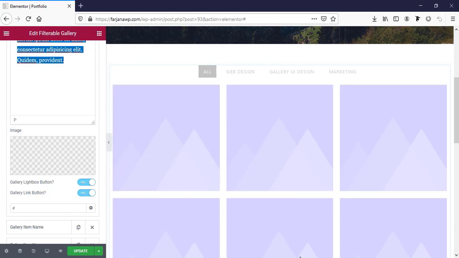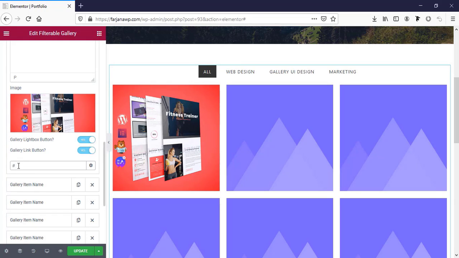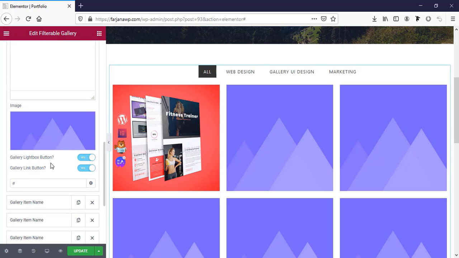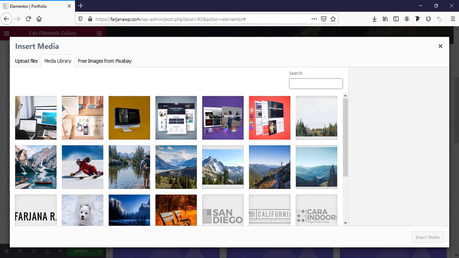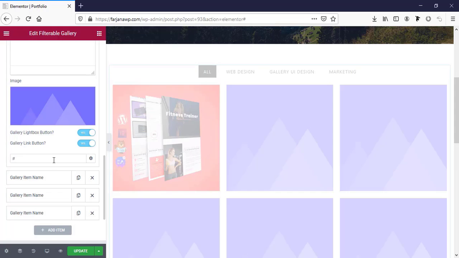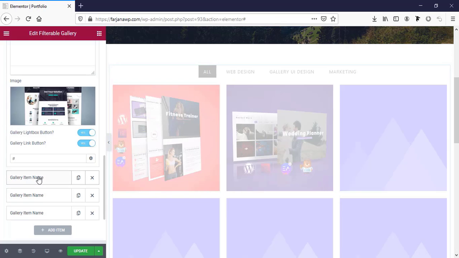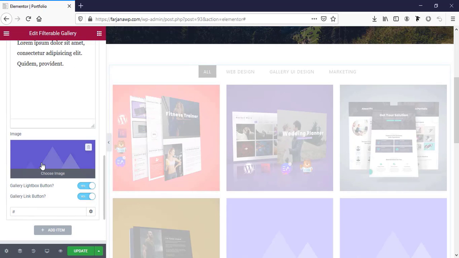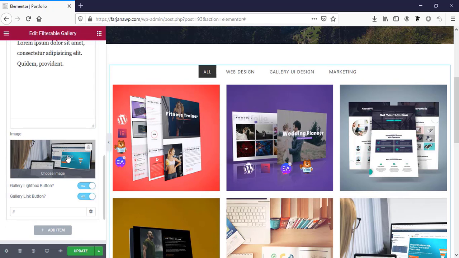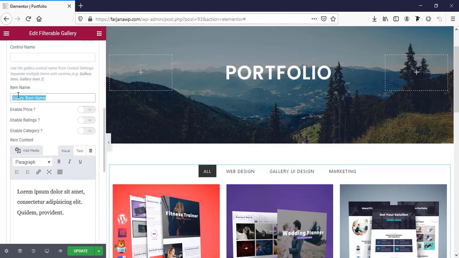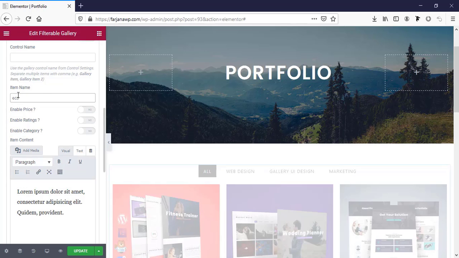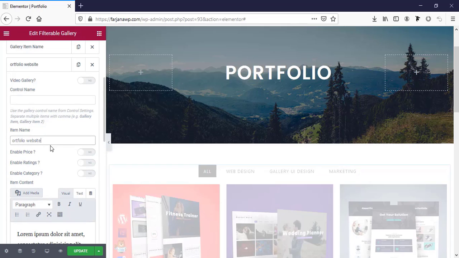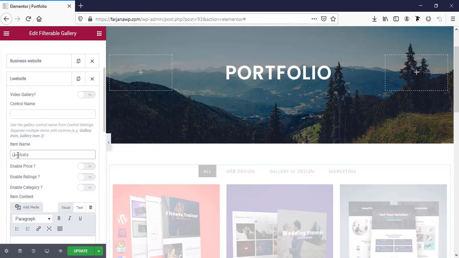Now select this one, and here we can add any link for this link icon, so it will be linked to another page or another website. And in a similar way I'm going to add an image for another item, and also for another one, and all these other items, going for another one, and the last one. And also I'm adding some title text for each item. For example, I'm adding here e-commerce website, then SEO, portfolio website, and servicing website, just using some dummy